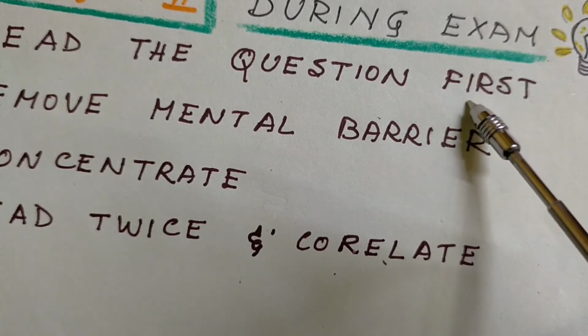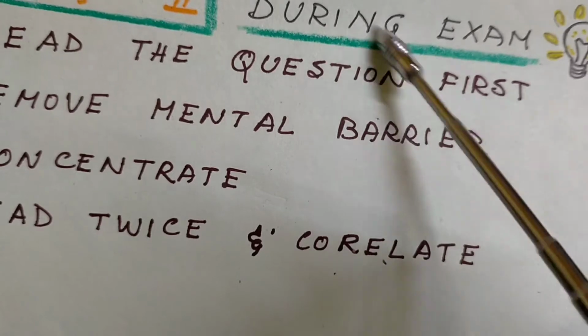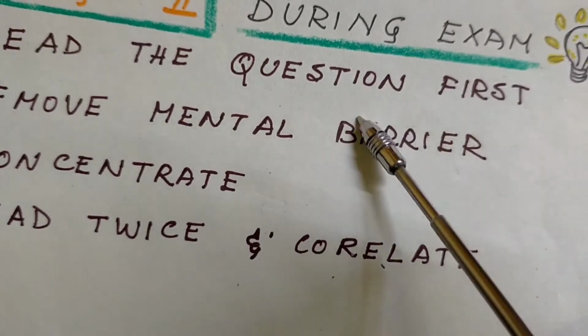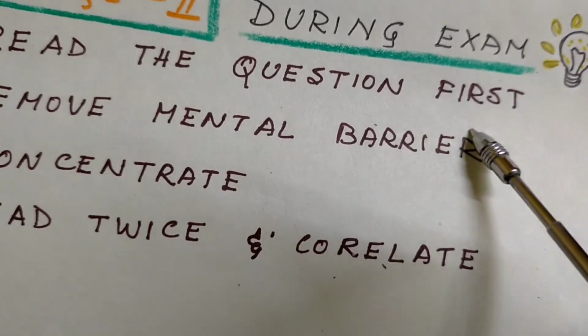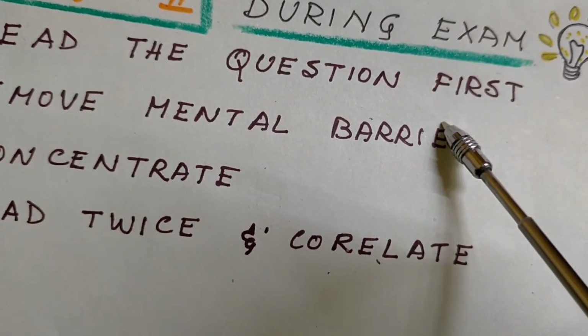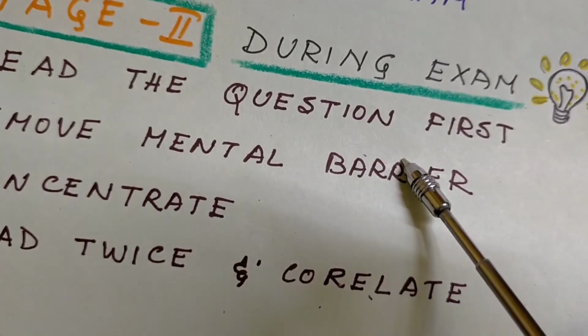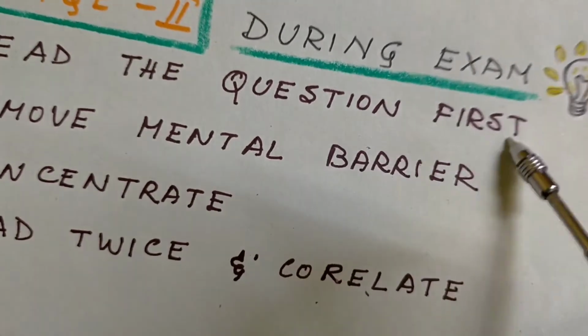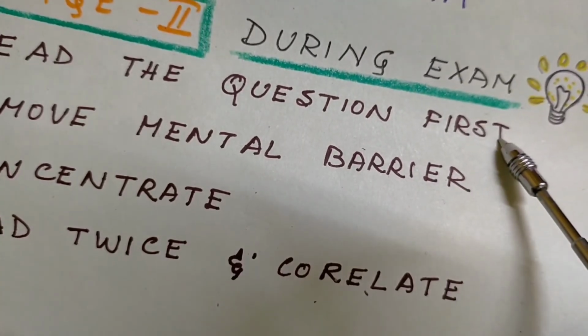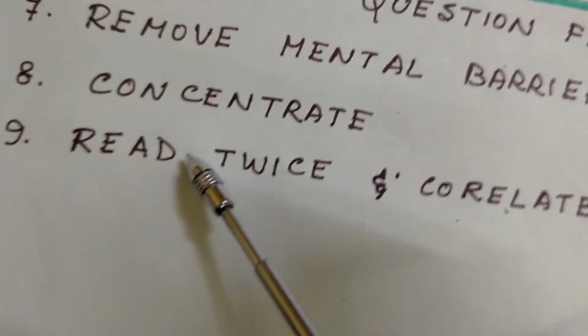If you read the case first and then go to the question, you have to waste your reading and go back and read again. Instead, it is better that you read the question first. You get a mental framework that I have to find this out from the case. Now go back to the case. Read the whole case and try to find out what is asked in the question. This will halve your time and you will be able to solve it quickly.